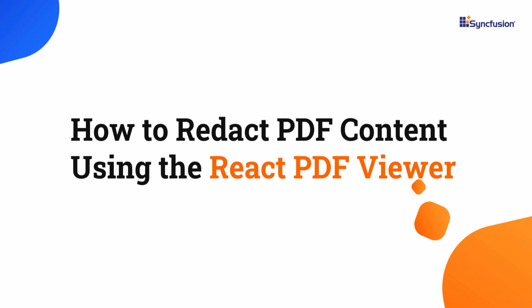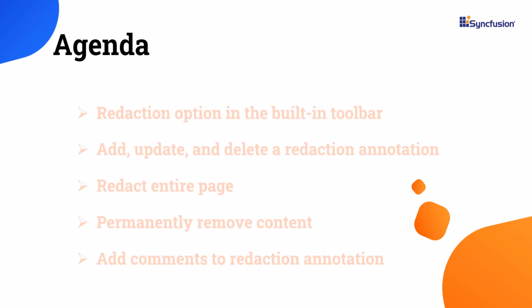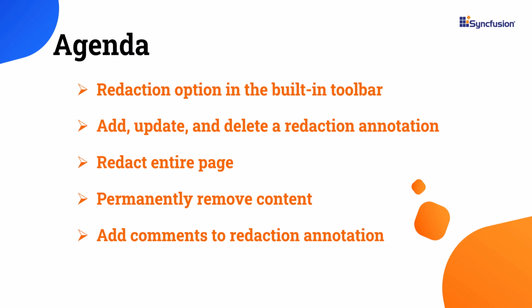In this video, you'll learn how to redact sensitive content using the React PDF Viewer. This video includes an overview of redaction, how to add a redaction annotation, update its properties, delete a redaction annotation, apply page-level redaction, permanently remove content using the redact action, and add comments to redaction annotations. You'll also see how to perform all these actions using the built-in toolbar, using the built-in comment panel, and programmatically